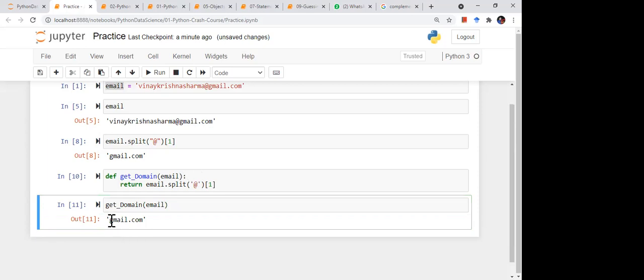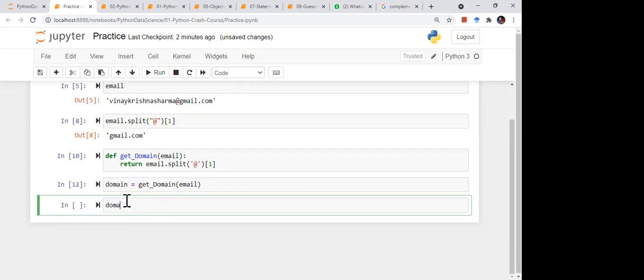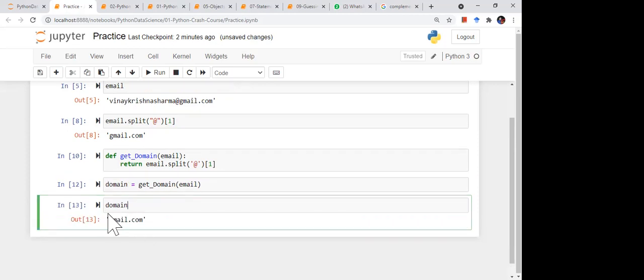See, the output is gmail.com. So I can use its value here. Domain is equal to get domain of email, and I can run this. Now if I print domain, I get gmail.com. I can use it like anything. Okay, or I can split a dot if I